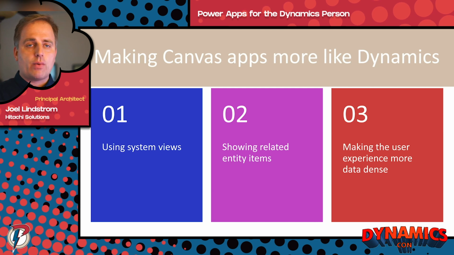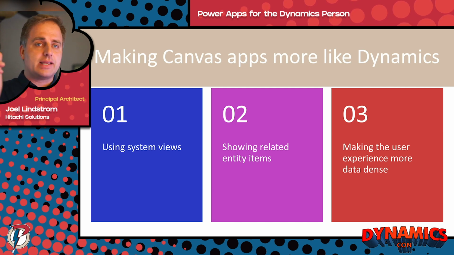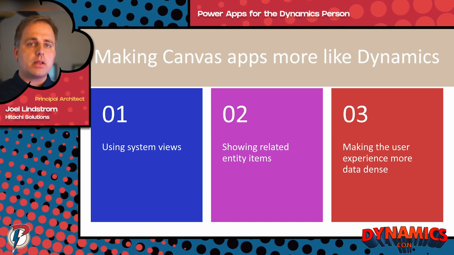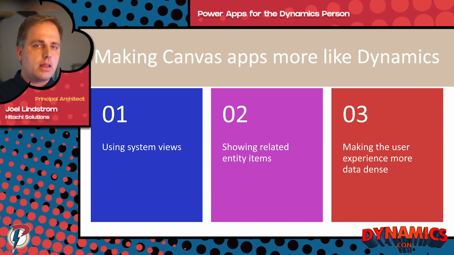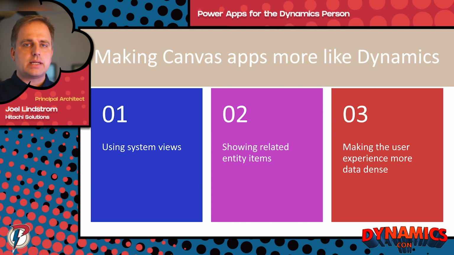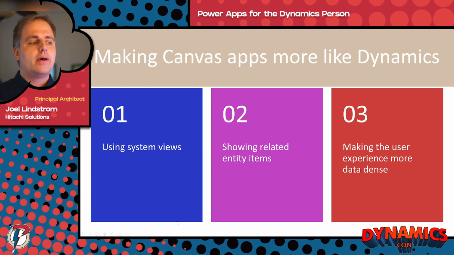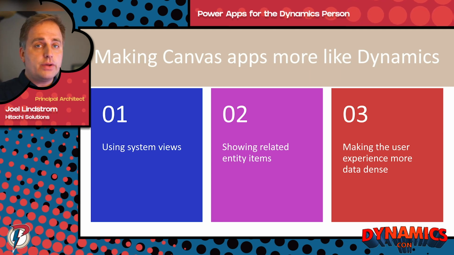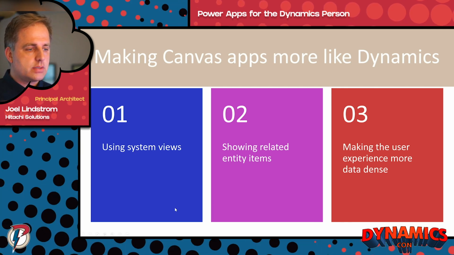If I want the save button to be in a certain place, or I want it to navigate to another form once I save it, I need to make those decisions. And that can be a little bit intimidating to start with. But there are some things you can do to make it more like model-driven apps, especially if you have users who are currently using model-driven and you want to introduce Canvas apps to them. There are several things that you can do to make your life as the maker easier and also make the life of your users easier in making that transition. And so I'm going to show you a few of those.